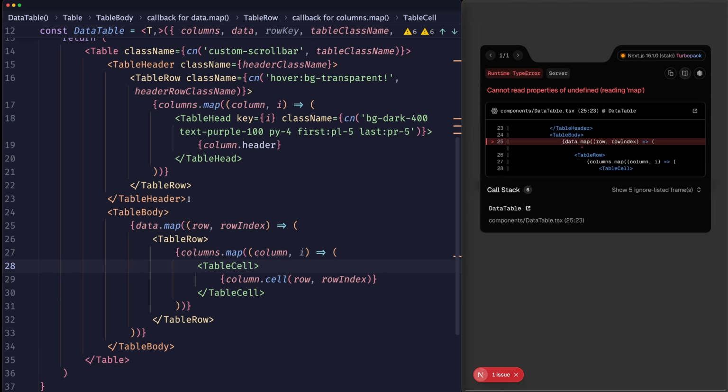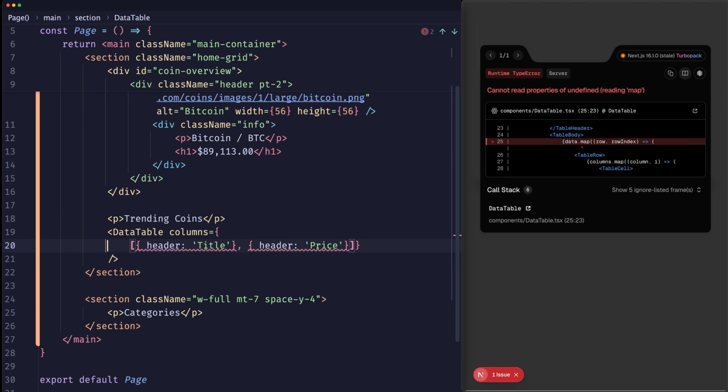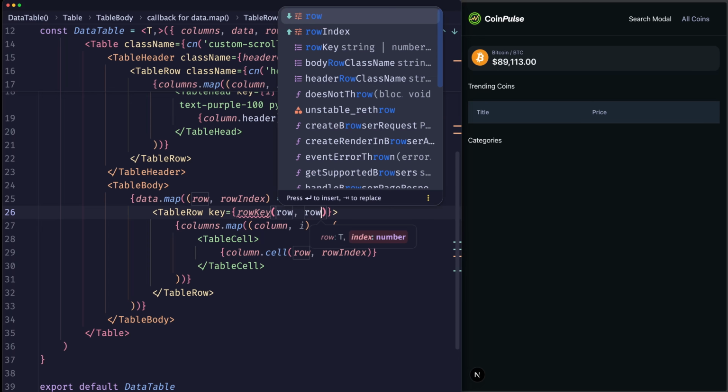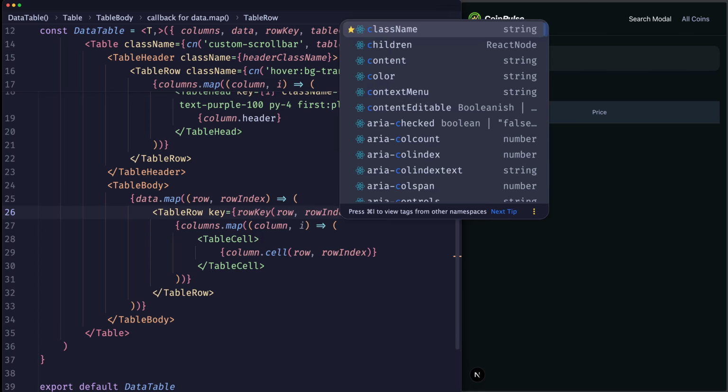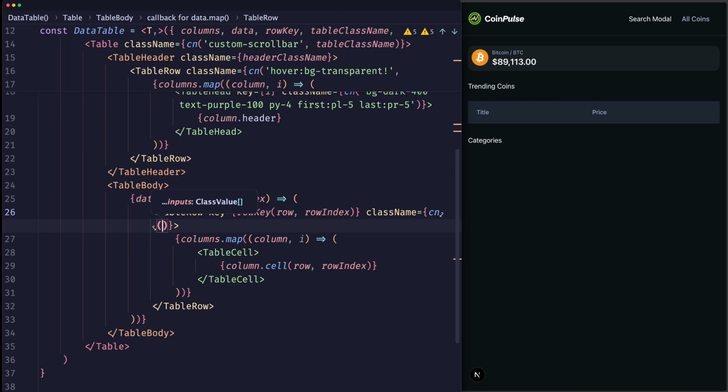Of course, data doesn't yet exist, so very soon when we get the real data coming from this table, we'll also need to pass alongside the columns the data to fill in those columns, which is also going to be an array. Then, since we're mapping over our table rows, let's provide a key to each one. And to make it super unique, we'll pass it into this row key function where you pass the row and the row index. Then we can give it a class name set to CN, and we'll pass some class names